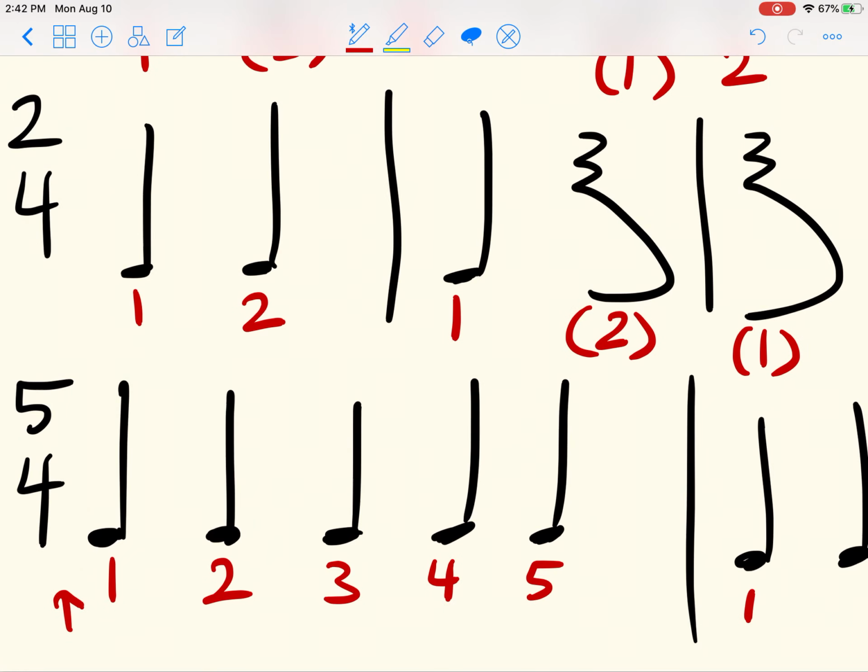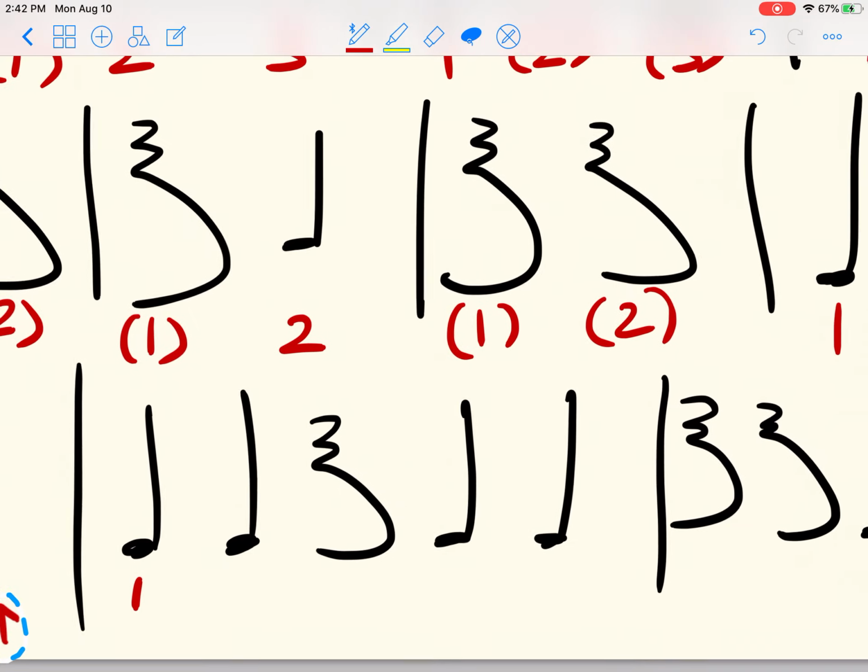1 measure, and 1, 2, here we go. 1, 2, 3, 4, 5, 1. And that's it. Let's try it again. 1, 2, here we go. 1, 2, 3, 4, 5, 1. Nice. Next measure,